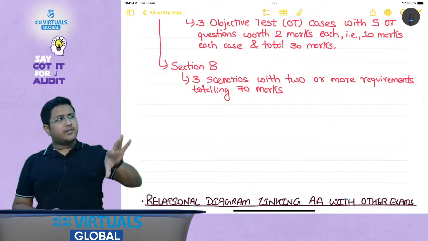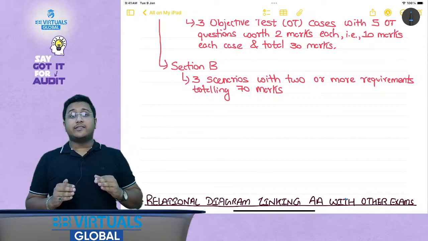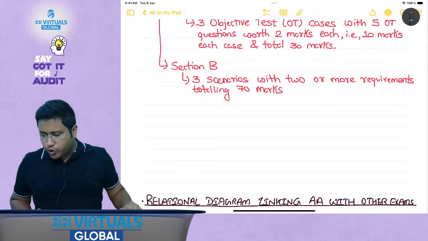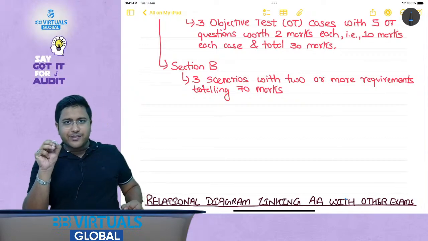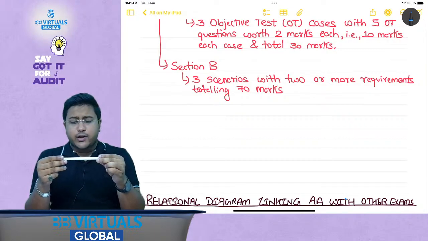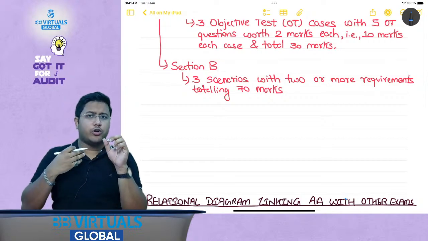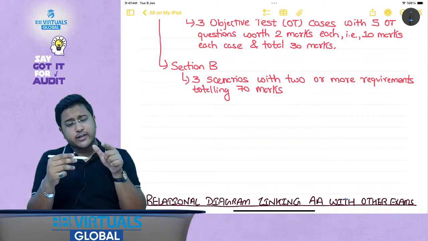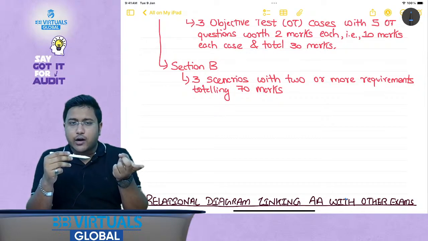So this is the relational diagram between accounting and auditing. Let me tell you, my dear friends, this is like two best friends. Why? Whenever you go for auditing, say you have to audit whether this pencil has been capitalized or not. Okay, so you will capitalize the pencil also. Yes, this is an expensive pencil, right? So I'll have to capitalize it. Now when I talk about the pencil here, whether it has been capitalized correctly or not, that is what the auditor has to check, right? But how will the auditor decide whether it has been capitalized correctly or not? By checking whether it has been capitalized as per the relevant accounting standards, right?